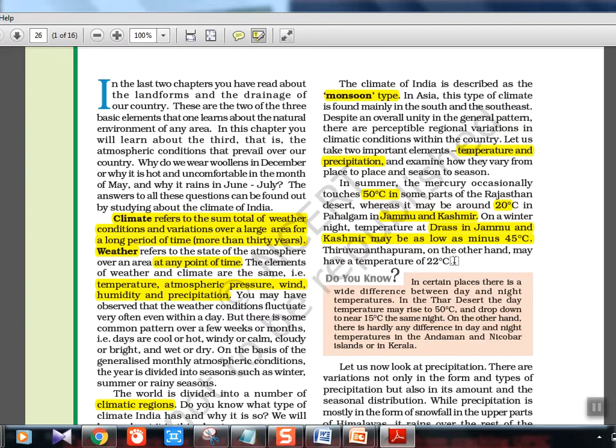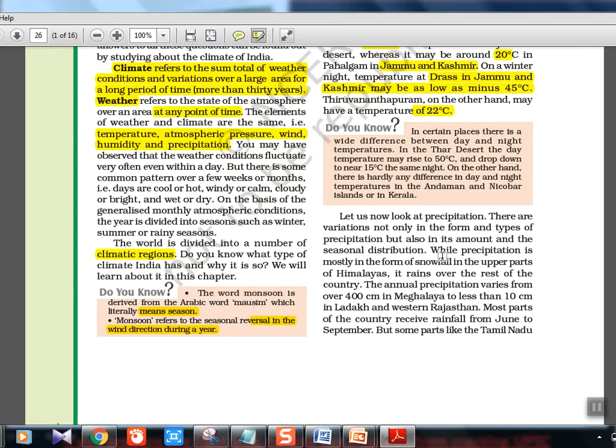Like here itself, if the AC temperature goes below 16 degrees, we'll feel like shivering, right? 16 positive, plus 16, I'm telling. This is minus 45. So you should know how cold it is. Thiruvananthapuram in Kerala actually has a temperature of 22 degrees, so there it's a little bit moderate. There is a reason why this happens: this is towards the coastal region, and that is towards the internal mountain regions. So that also influences. We'll see a lot of factors in this chapter which have to be noted down by you.